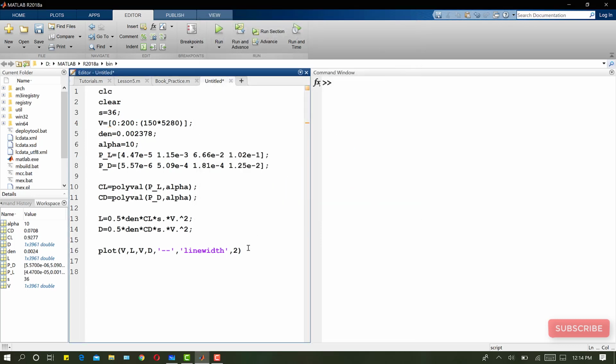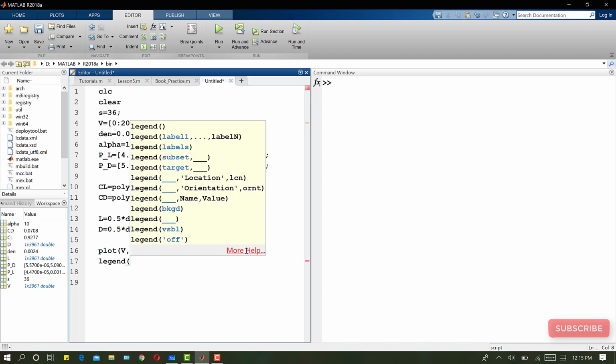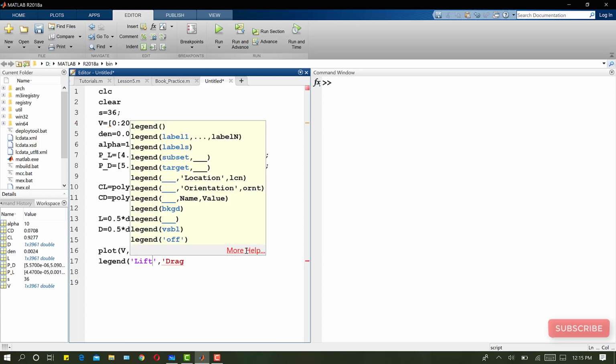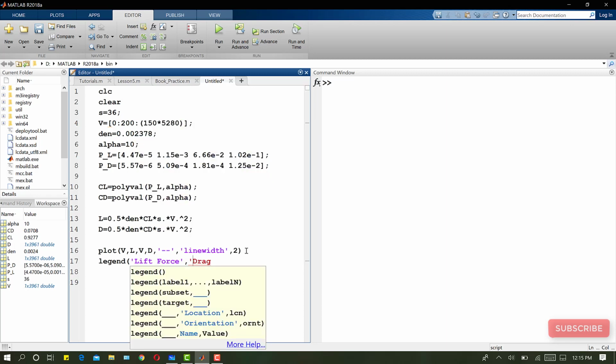And now let me write the legend for this graph. So I will write legend, and the first one is lift, the blue curve is for lift, and the other one is for drag. So I will write lift force, drag force, and I want to put this legend on the top left side of the graph. So if I run this,